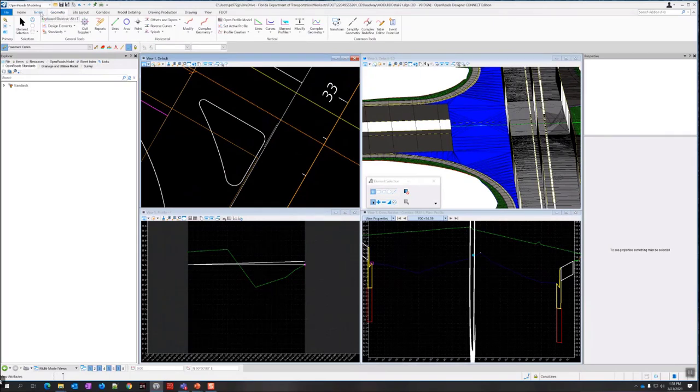Let's see, so I can go back here to geometry, and I go to horizontal. I go to complex geometry, and I do complex by element, this first option here. And we're going to change this feature definition to pavement asphalt UPA. This is an edge of pavement. I'm going to change this to automatic and see if it picks everything up. Make sure it's set to use active feature. And it shouldn't really matter which one you select first. So I'm just going to pick this one here.